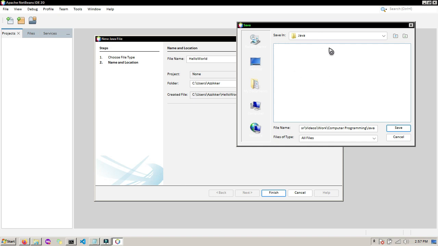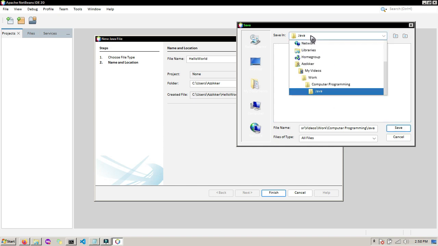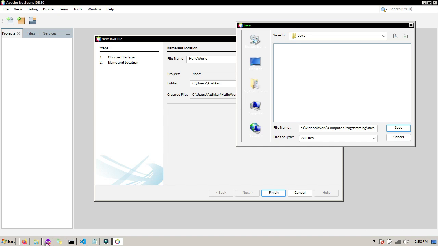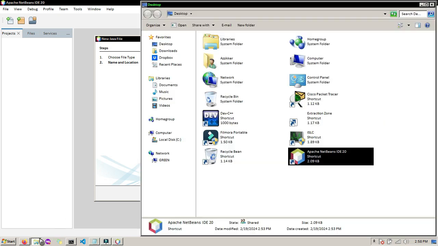So in this directory, let's create a folder. Okay, we don't have the option, so let's find it here.